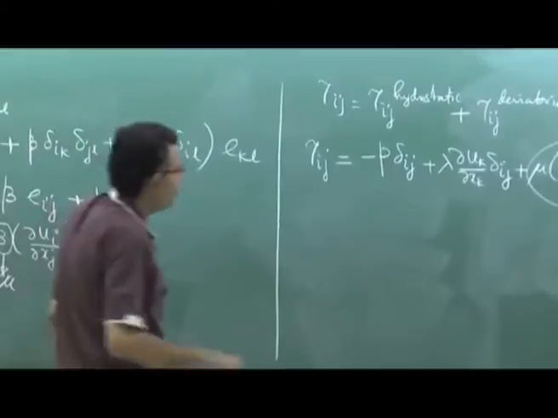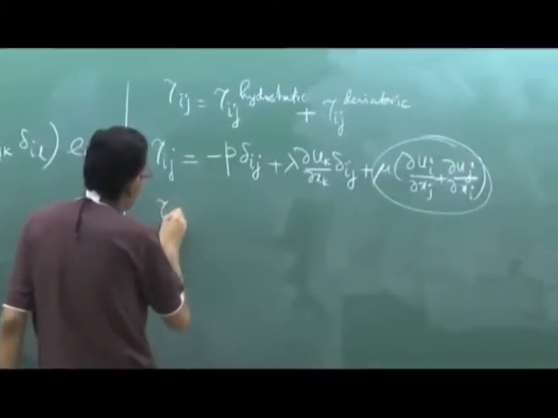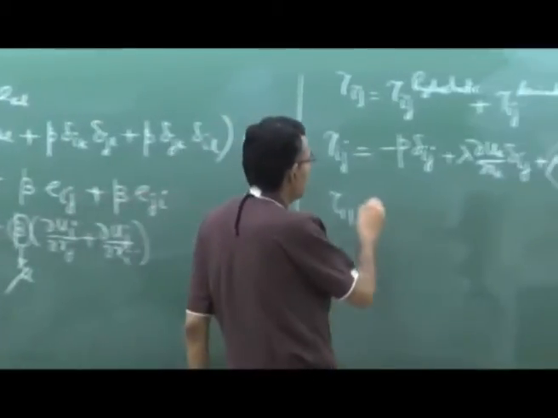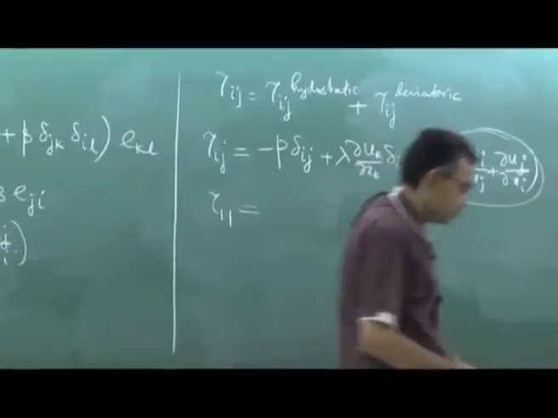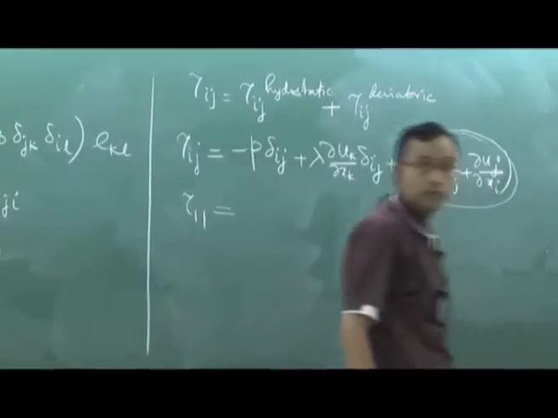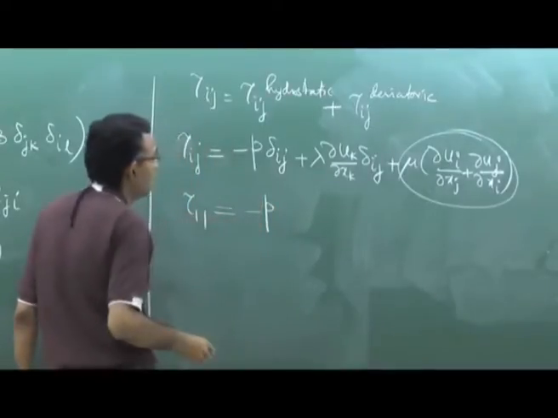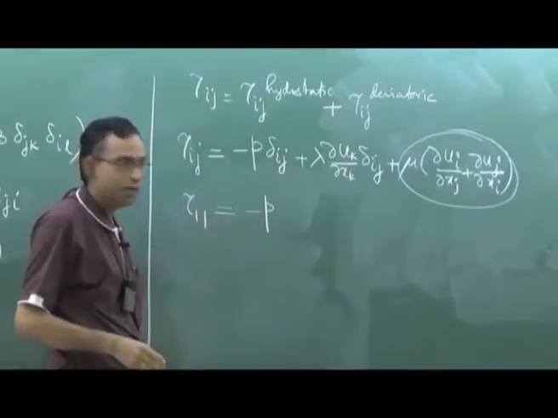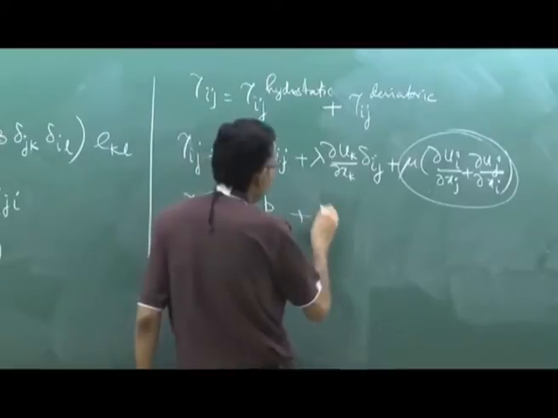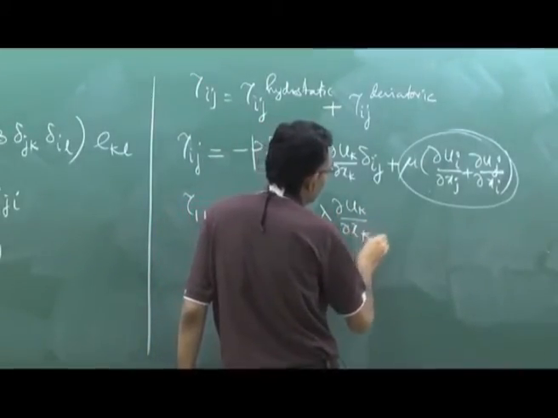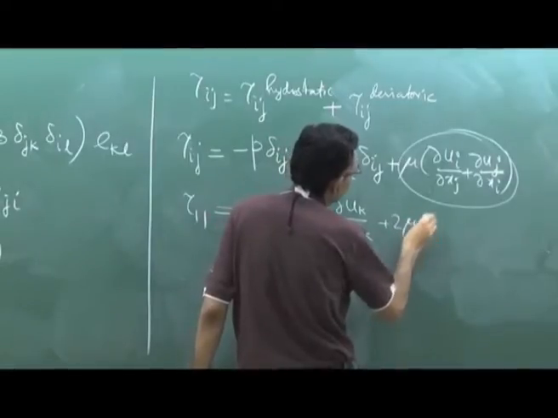Now we will discuss about the normal components of the stress. So first tau 1 1. So i equal to 1 and j equal to 1. So minus p delta 1 1 is 1 plus lambda del u k del x k plus 2 mu